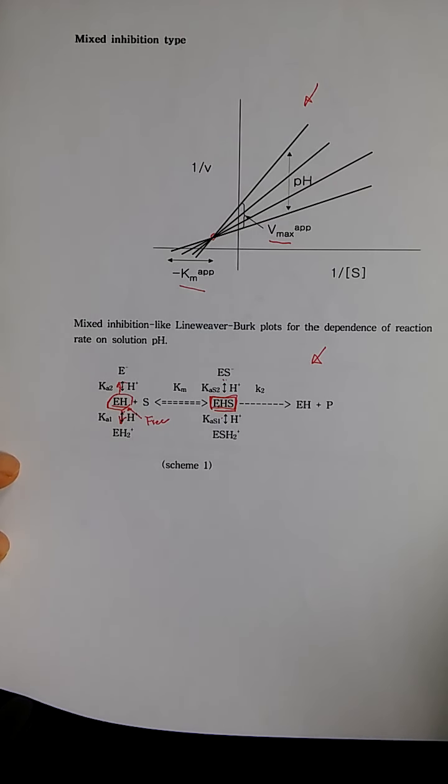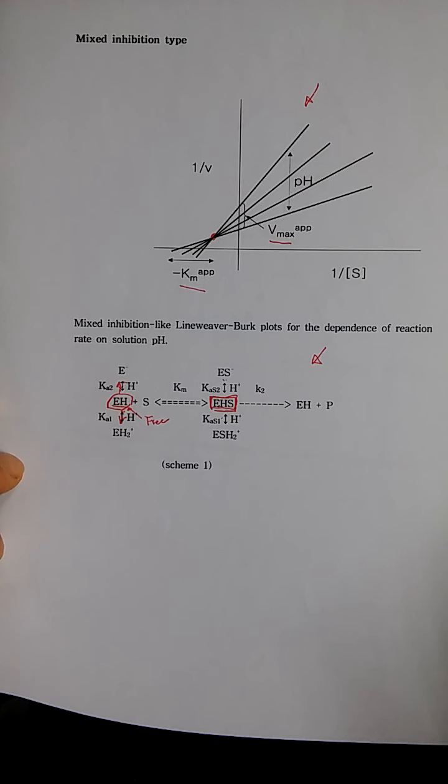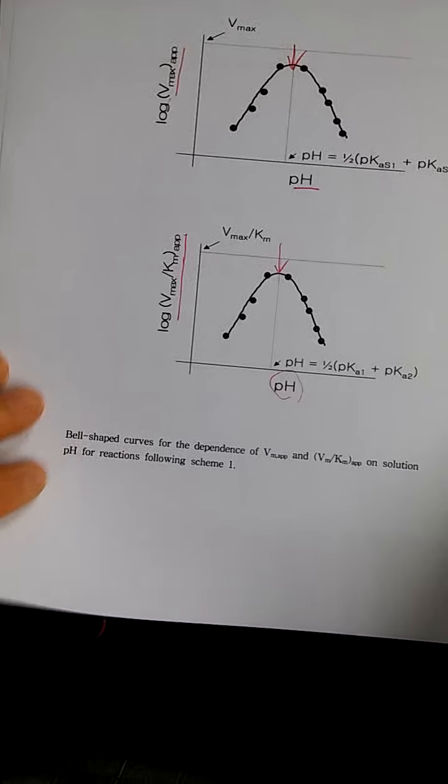And on the Lineweaver-Burk plot, we can find that we do not have a common point on the y-axis or x-axis. We have some common point on this plane. I would not expect you to be able to derive rate equations for this case because this is probably too difficult and out of scope. But if I show you just the result,